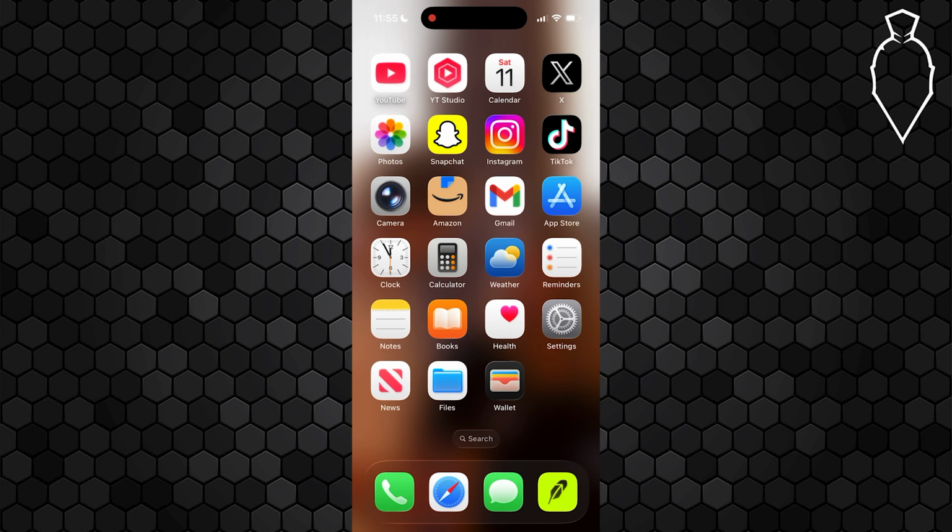In this guide, I'm going to show you how you can change app icons on iOS 26 as well as